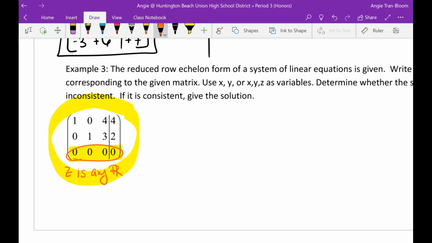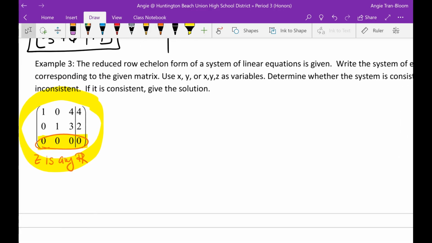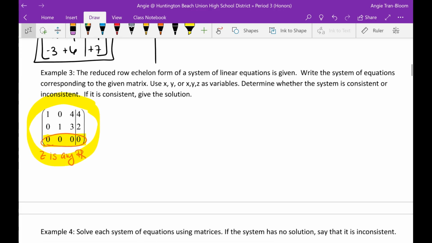So again, if you have the entire row of zeros, you're going to move it to the bottom, especially zeros on the left-hand side, okay? That means z is anything it wants to be. Again, if you have all zeros, that means z is anything it wants to be. Well, because z is anything it wants to be, I can write this system of equations